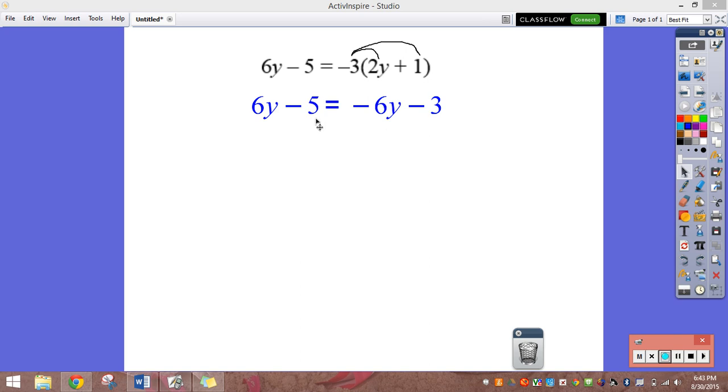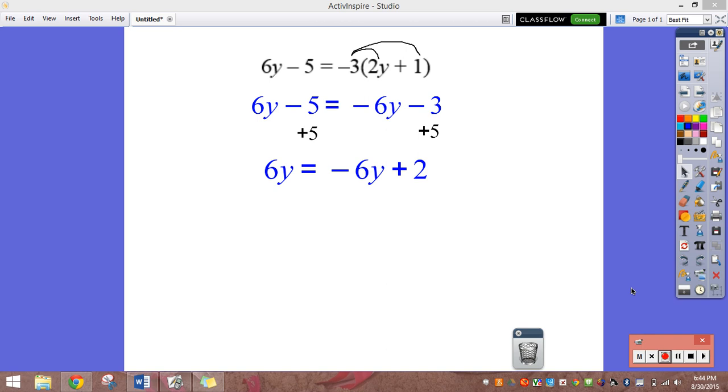So I'm just going to choose to start with the minus 5, and to undo what's being done to solve the equation, if it's minus 5, then to undo that I would do the opposite, which would be to add 5. So I'm going to add 5 to both sides. And then once I add vertically and drop down everything else, my resulting equation would be 6y equals negative 6y